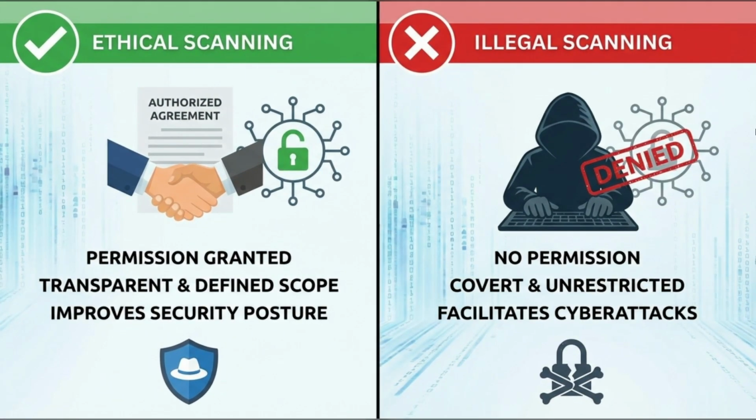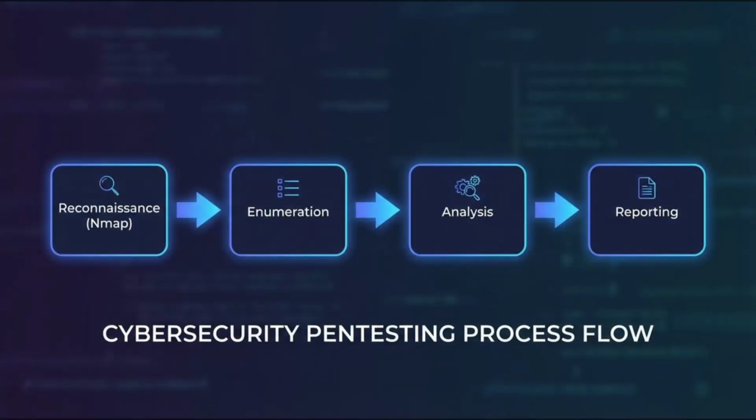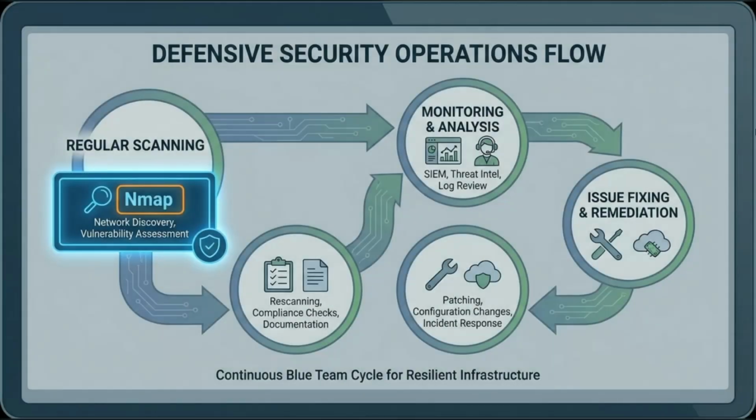What kind of mistakes are we talking about? Very basic ones. Someone forgets to close a port, someone installs a service and never removes it, someone uses default settings. Nmap quietly exposes all of this. So most vulnerabilities are human mistakes? Almost always. Scanning a home network and a company network must feel very different. Completely different. Home networks are simple, few devices, few services.